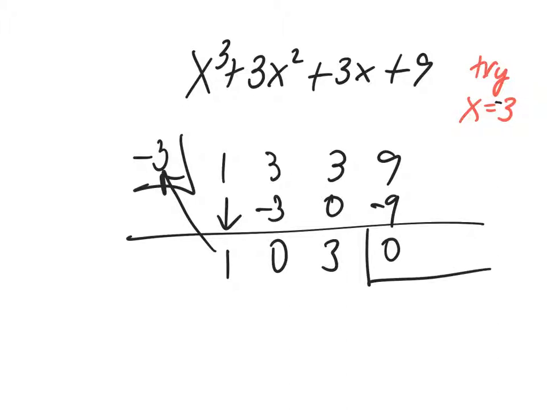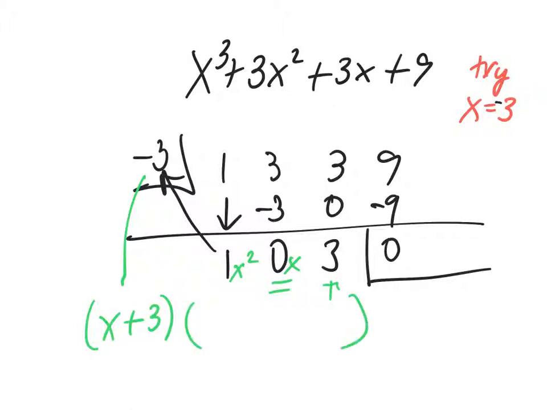Sweet. And then, in case this hasn't made sense to you before, this is our constant, this is our x's, and this is our x squareds. Do I really have to write 0x? No, you don't. So then what does this equate to? That equates to x plus 3, very good. And this factor is x squared